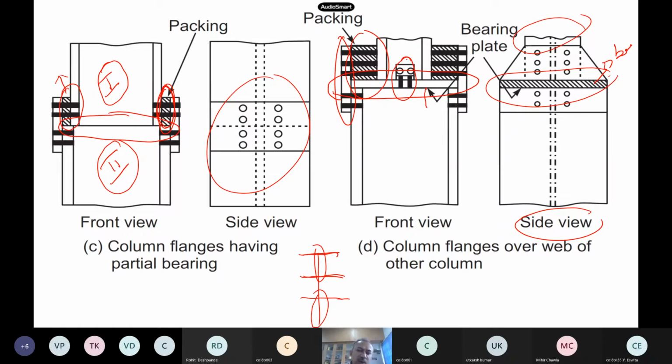Apart from that, if there is any shear coming on the column, then you also have to provide this web splice. Now this is the splice plate, and it looks like this. If you go sidewise, there is no need to provide a splice plate like this, because this portion will be waste, you followed, right? So the size of the splice plate at the bottom will be the same as the lower column. For the top one, you will have a splice plate something like this. So this is how the splice plates have to be provided.